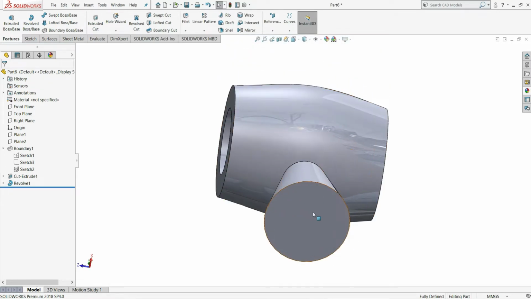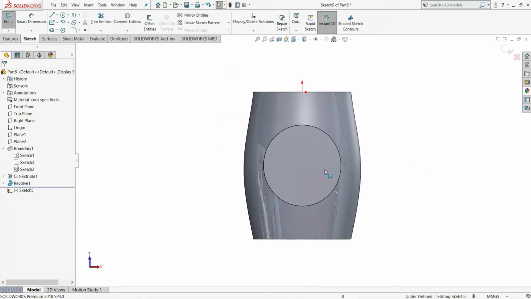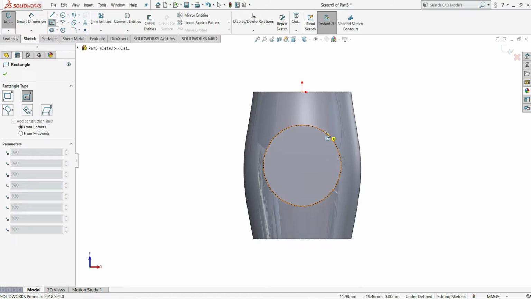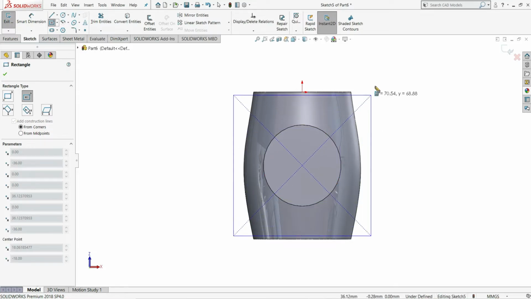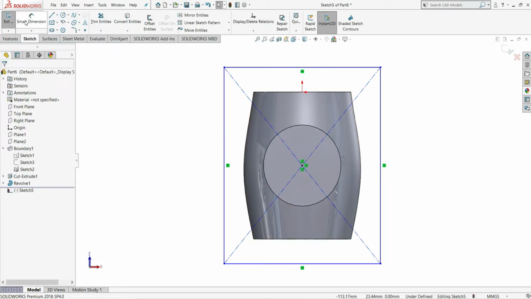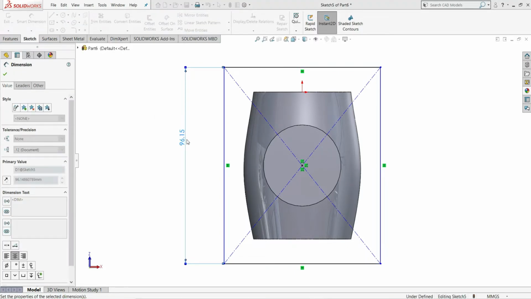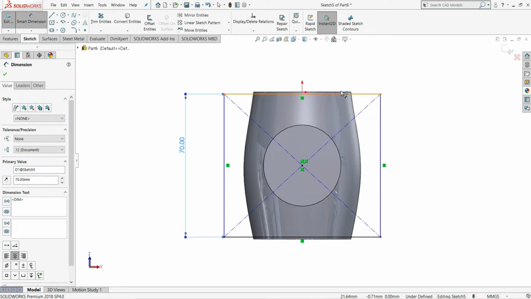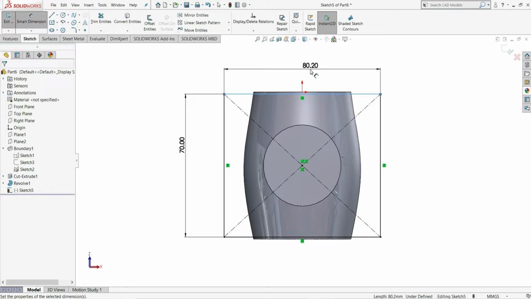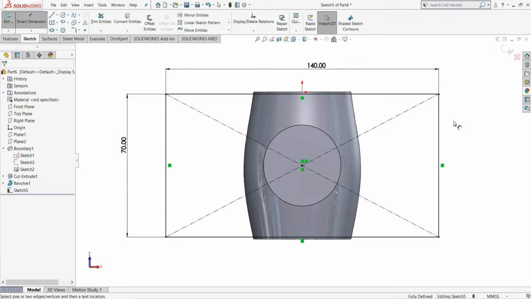now we'll select this face, sketch, and on this face we will draw one rectangle. So from here select center rectangle, select the center point of the circle, and from this center point draw one rectangle like this. Smart dimension and give this distance 70 mm and horizontally it will be 140 mm. Okay,